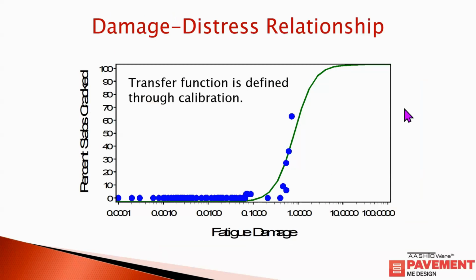And to show you on a curve what's happening here, it's on a semi-log scale, looking at fatigue damage versus percent slabs cracked. The basis for where it's 1, or 100% fatigue damage, as I said before, doesn't relate to 100% cracking. It's actually 50% of the cracking. So you can exceed 100% damage